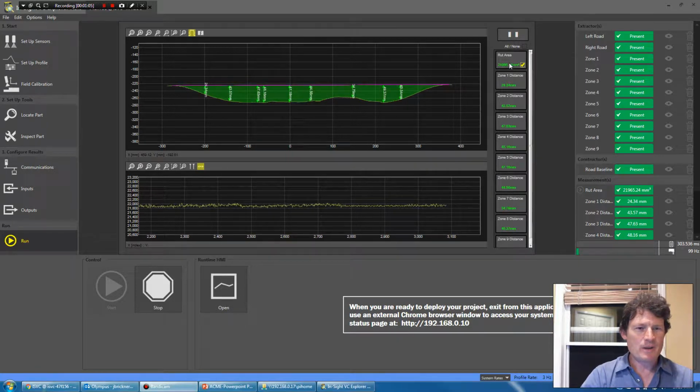And then there's one more measurement, which is the rut area. And this is the cross-sectional area of the rut below the road surface baseline being plotted. So all of this green area, it's measuring that in square millimeters. All this data here, these 9 different depth measurements and the cross-sectional area, are being sent out the communication port,